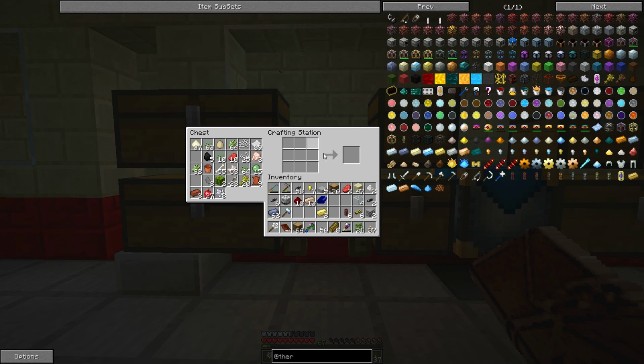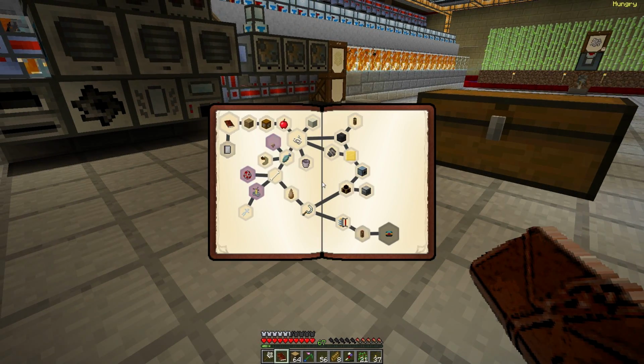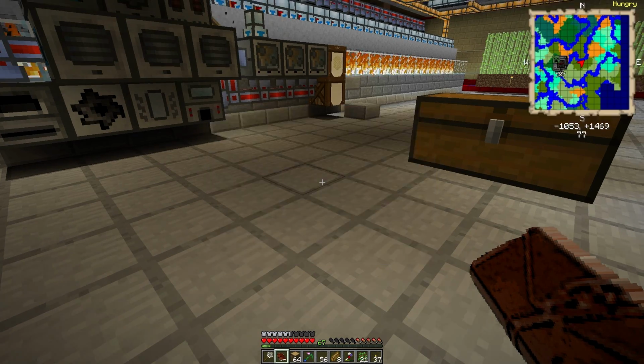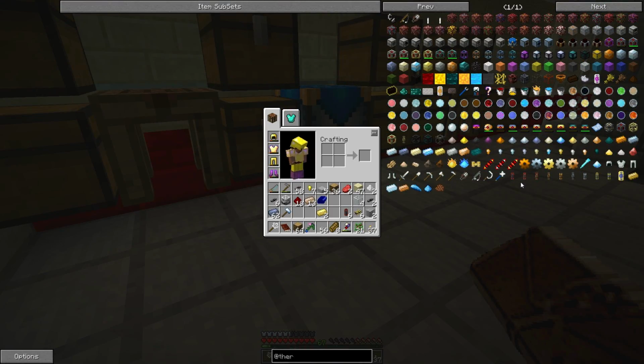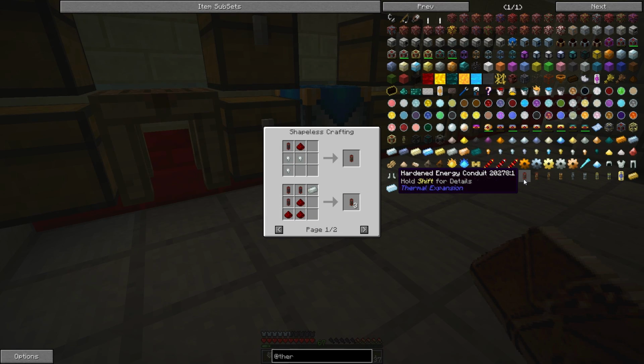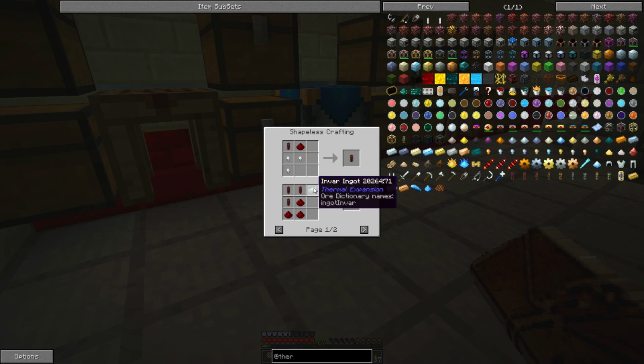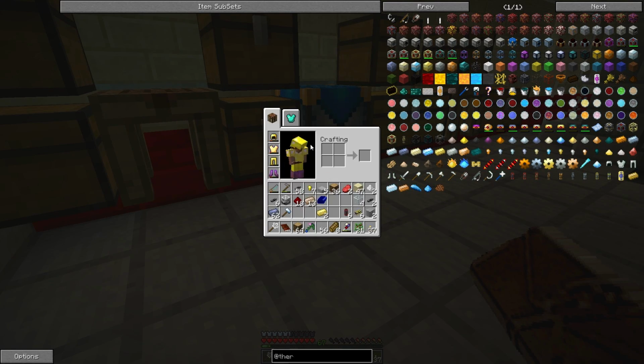Next is a redstone hardened energy conduit. So we gotta look that one up. Hardened energy conduit. I've got a funny feeling that is just a leadstone energy conduit with some in-bar nuggets and some redstone, or a 3 with a bar and redstone. So I think we're going to do the 3